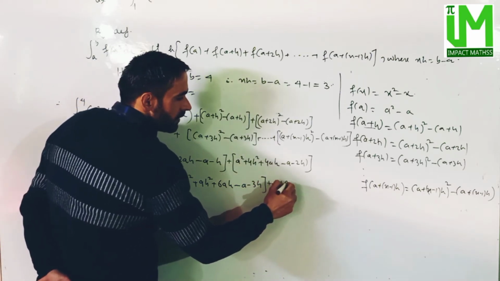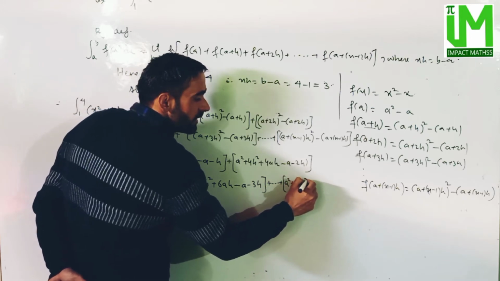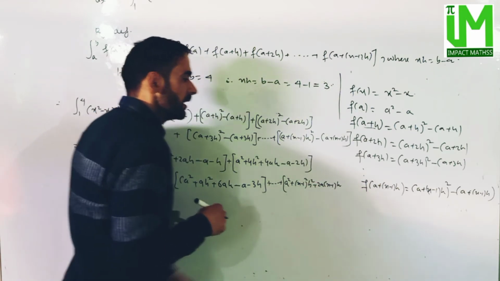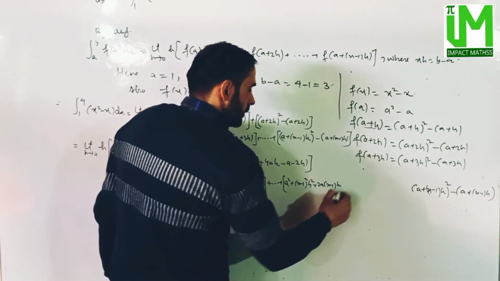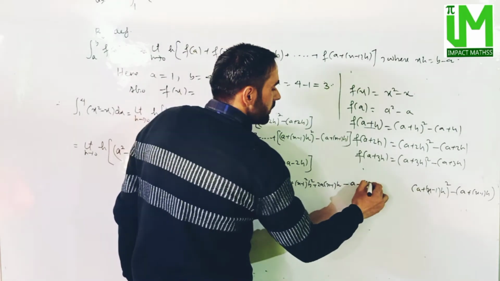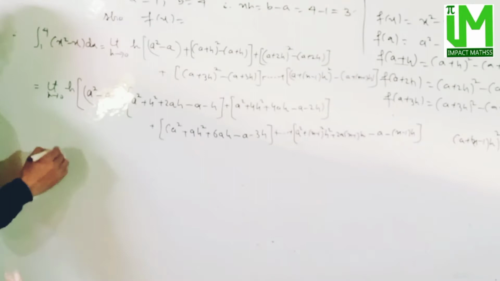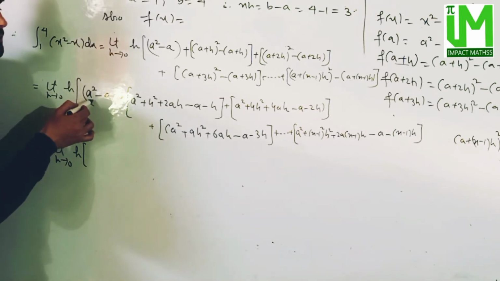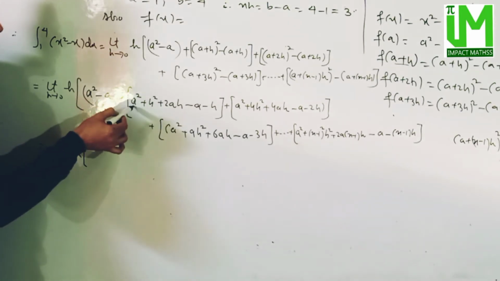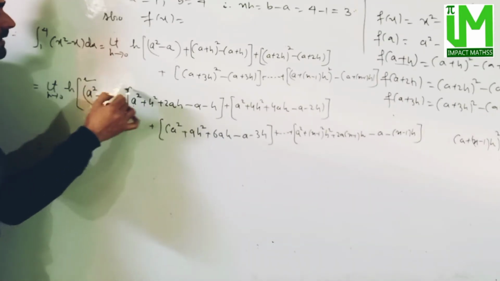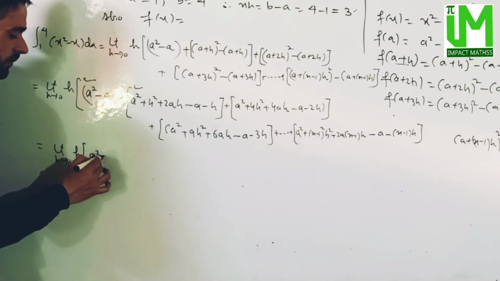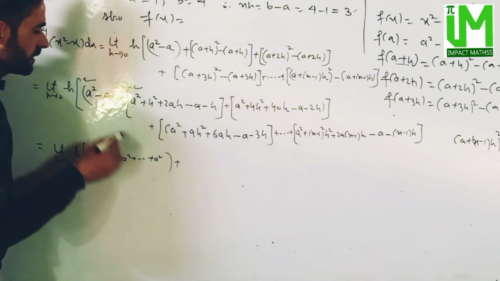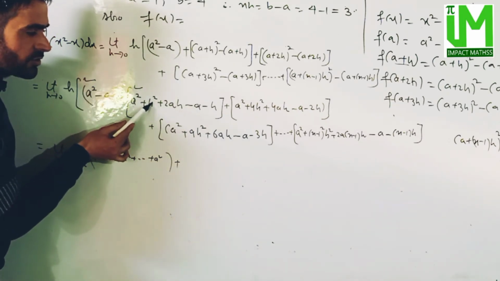plus up to the last term, a² plus (n-1)² h² plus 2a(n-1)h, okay, minus a minus (n-1)h. So this is equal to the limit h tends to 0, h times a²; if you take the a² term from each, plus a², plus a², how many times, n times, plus if we simplify a little, see h²,